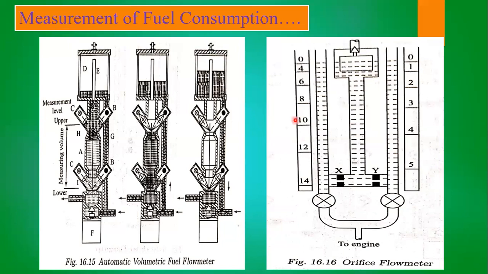In the same way, here also, here also. These are several calibrated measurements where such measurements are showing such quantity of fuel. By knowing this reading, we can definitely know how much volume is going to be there. That means already there are some specifications here. Mark 2 means some pre-calibrated volume of fuel is going to be there. So to consume that volume, how much time it has taken, we need to record.